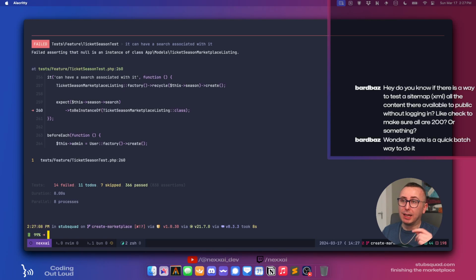At the end of the day, you could probably just ingest the sitemap. There's a sitemap package that I was using for thoc.gg when I was building that. You could read in the sitemap using that package and then do a foreach, and in your test, get the instance in the loop and assert that it's okay.